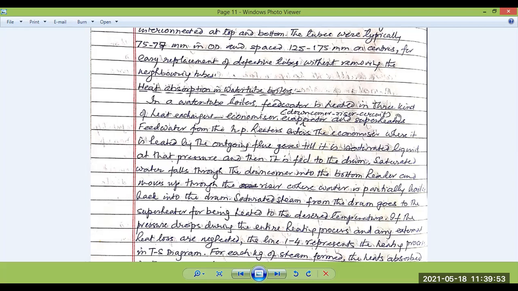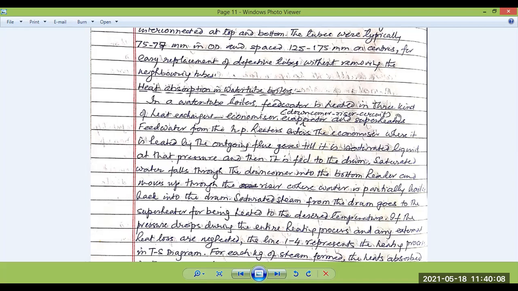And the superheater is there. There is another component called the superheater, where the steam thus formed is heated to a temperature around 500 to 700 degrees centigrade, which is much higher than the boiling temperature, thus superheating the whole vapor system.